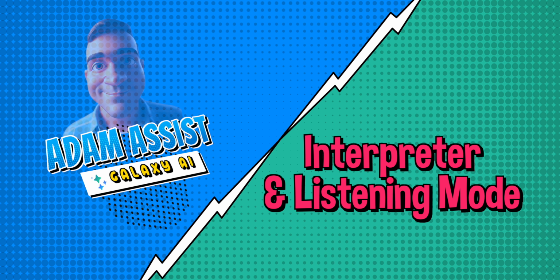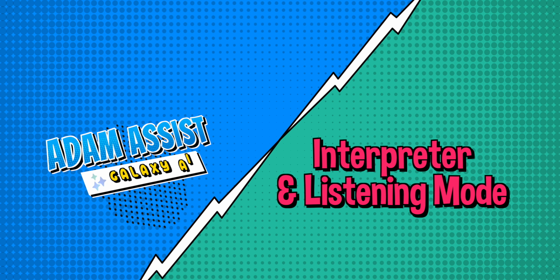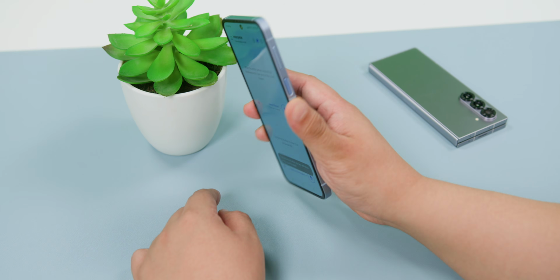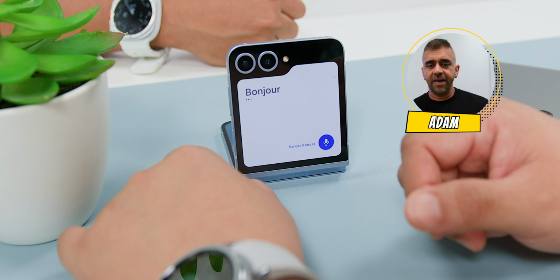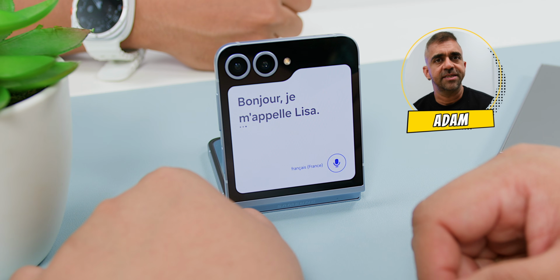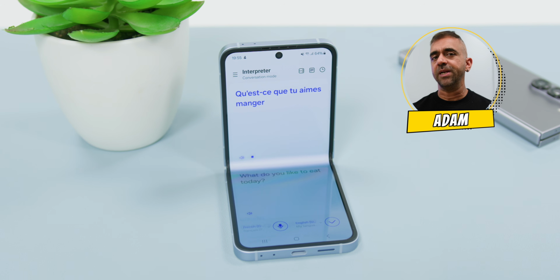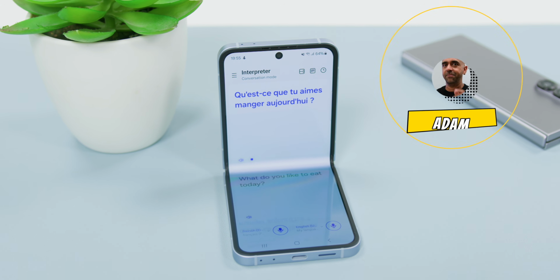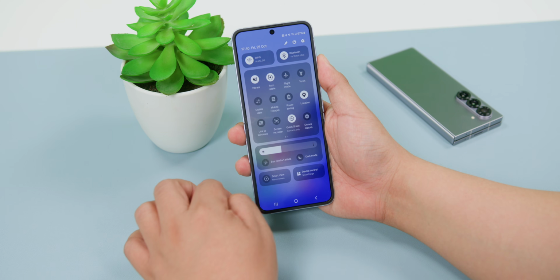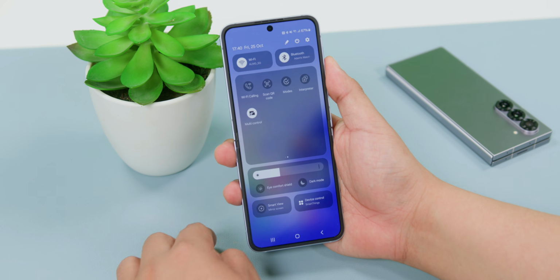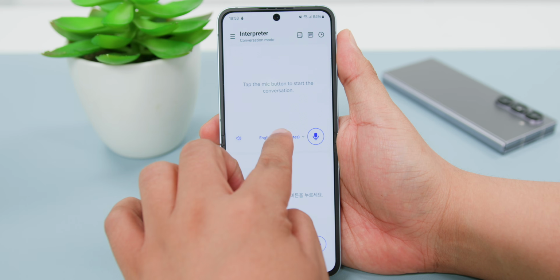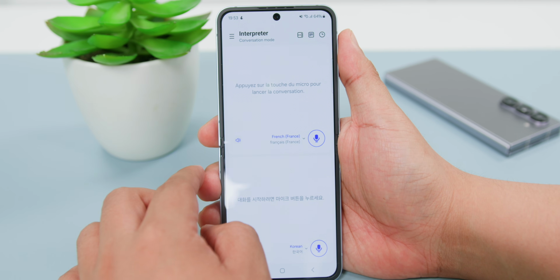Next, let's break down language barriers even further with the interpreter feature with the dual screen and listening mode on the Z Flip 6, and this could be done also on the Z Fold 6 too. So if you're on a blind date with someone who can only understand French, well, no worries, because this will help you to have a conversation with them like a pro thanks to this interpreter mode. First, swipe from the notifications menu, swipe left at the menu, then choose interpreter. Next, choose the other person's language and your language.